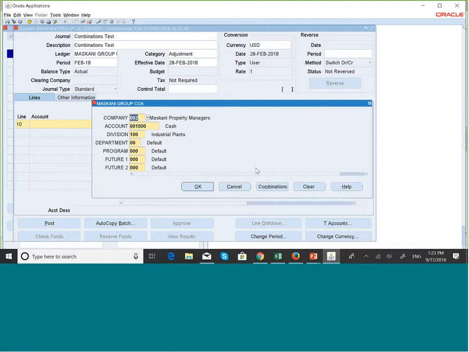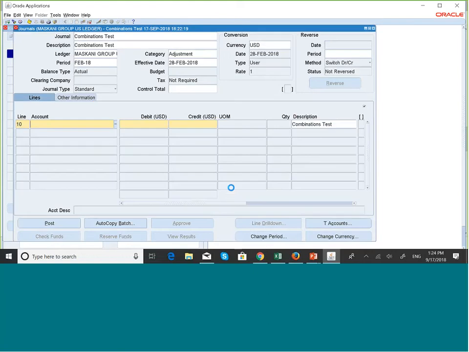This combination that we're trying to use here for Maskani property managers does not exist in the combinations table. Why? Because we have turned off dynamic insertion feature, which was doing that insertion for us in the combinations table before. But now, since it has been turned off, the combinations are not being automatically added to the combinations table before we can use them in our journals. To demonstrate this further,